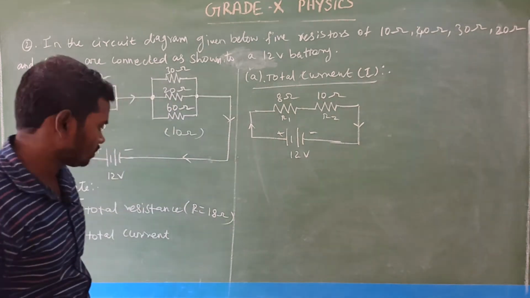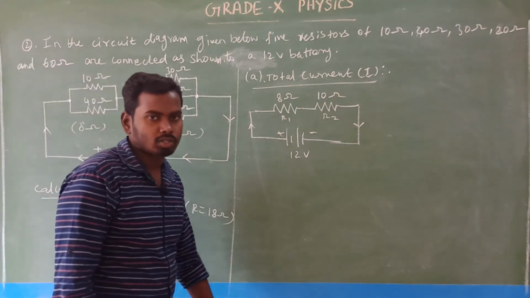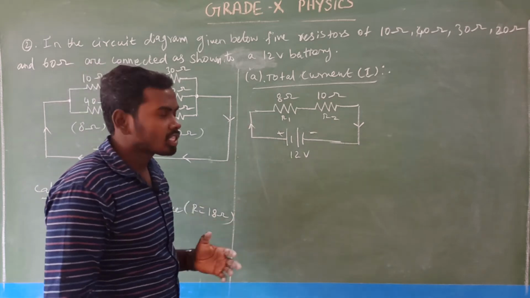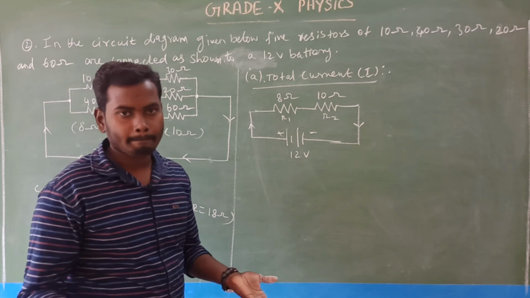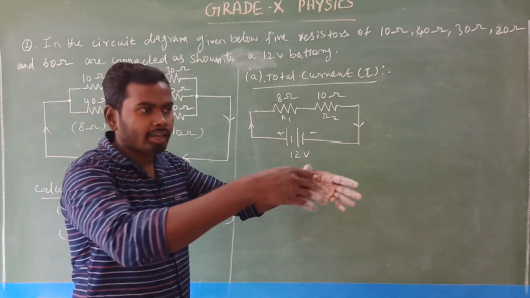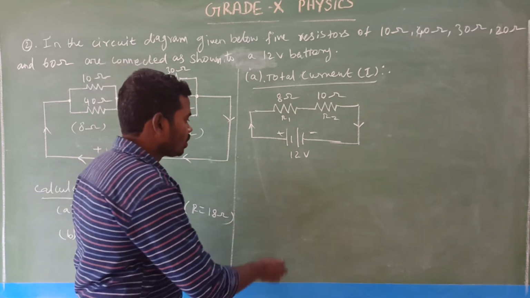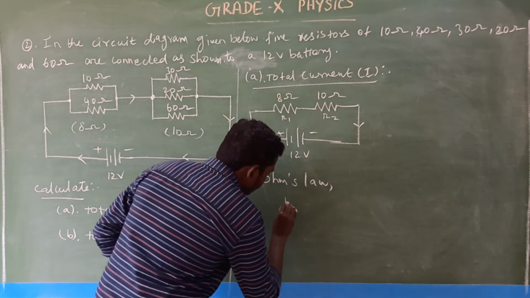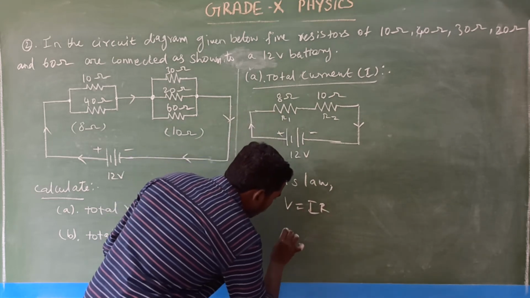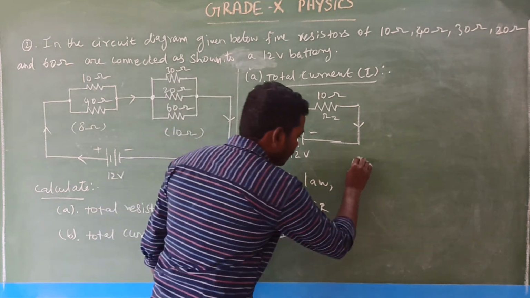Okay, students, yes, listen here. Now what is the current value in the circuit? So we need to calculate that, isn't it? So here two resistors are connected in series. So in series, the current remains the same. Whatever resistors are connected in series, the same amount of current flows through all the resistors, isn't it? Yes. So according to Ohm's law, V equals IR. So I is equal to V by R, isn't it?